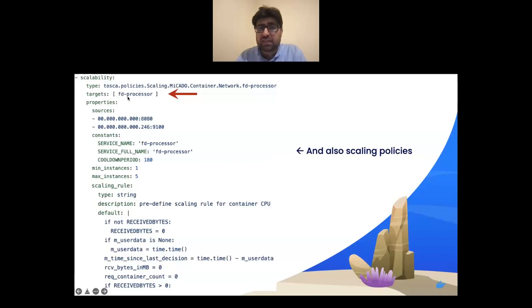We just specify that the policy needs to be applied on this service, and then we can define a custom scaling policy for that service, and MiCADO will enforce this particular scaling policy at runtime without making any distinction whether the policy is associated with a resource at the cloud layer or on the edge layer.